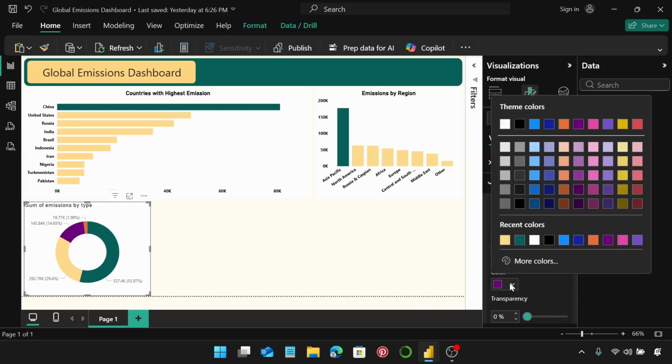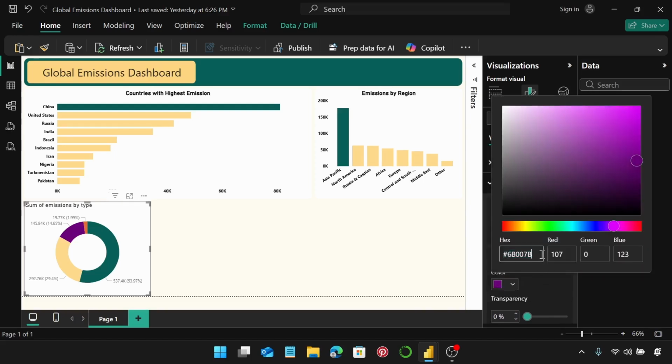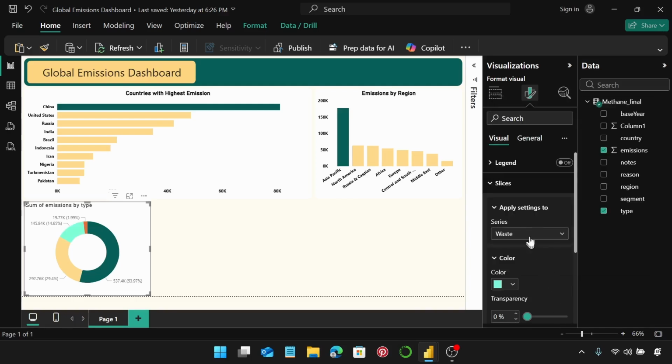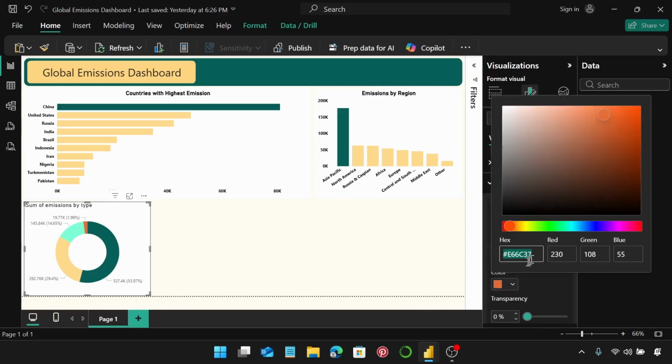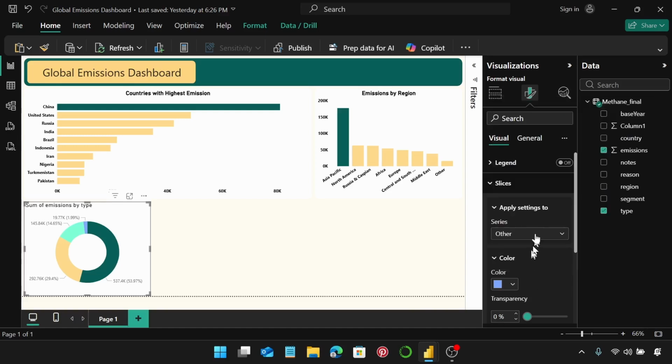For waste, go to color, more colors, and I'm going to change this to 81FFD6. And then finally for other, we're going to change the color, go to more colors, we're going to change this to 81EEFF,